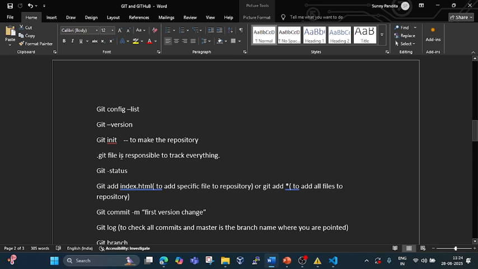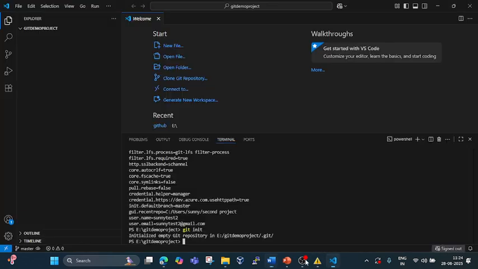Now we have to add some files here. Okay, let's add some files now. And how to add files? Go to the Solution Explorer. See, this is Explorer and this is source control. Go to Explorer. Here you will find these icons. When you move your mouse on these icons, you will get the names. This is new file, this is to create a new folder, this is refresh, and this is collapse.